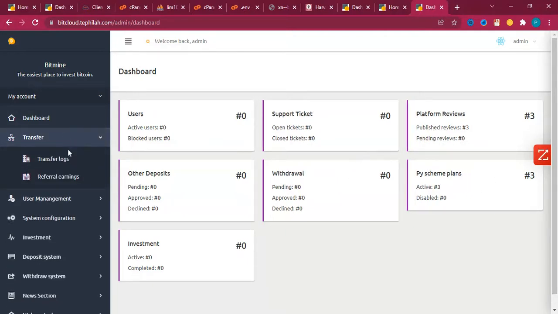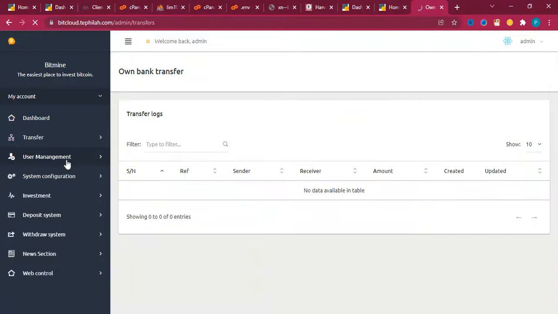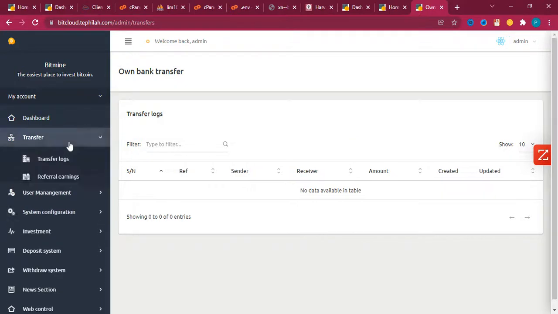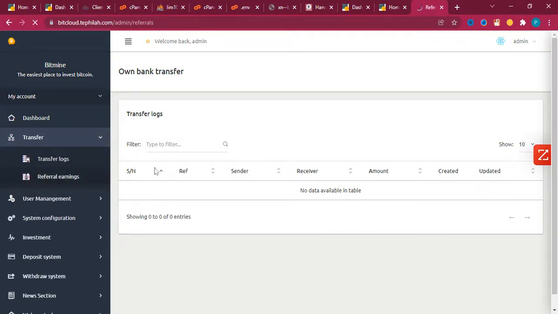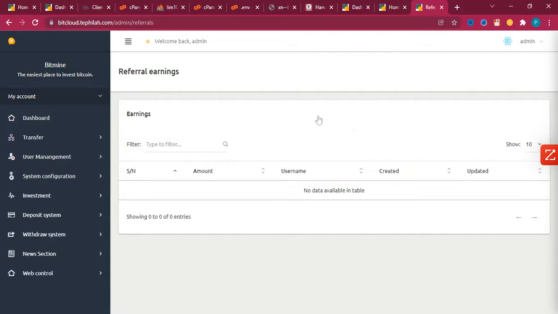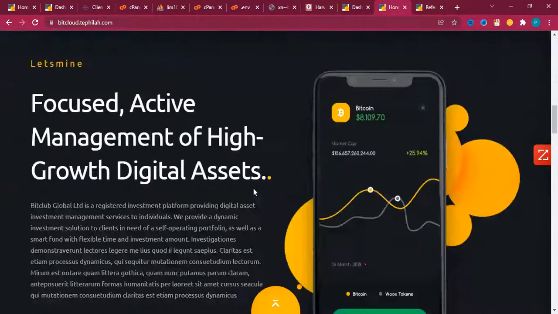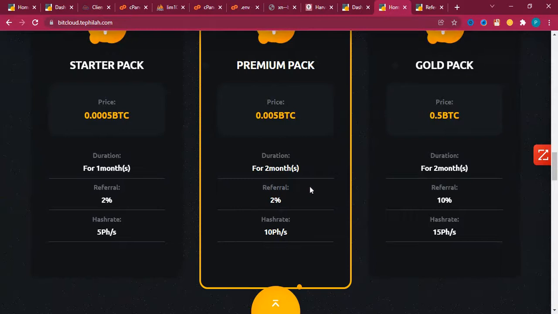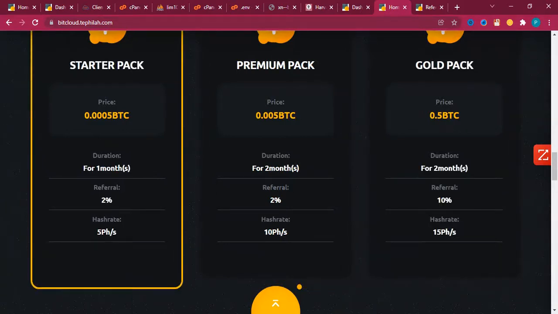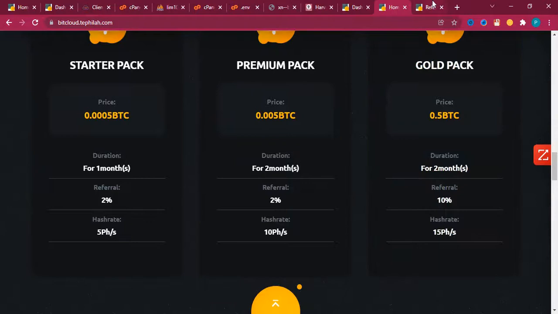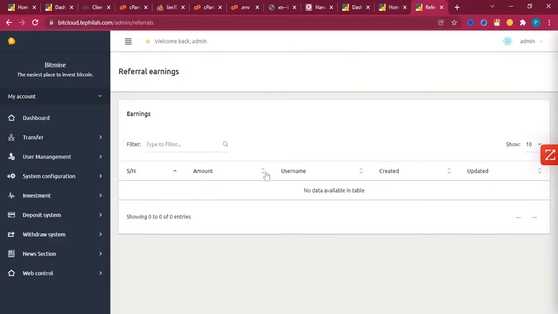The next is the transfer. The transfer log shows you the total number of people who have done transfers on the platform, like moving their money from their wallet on this platform down to their own bank account. So you can have a full log of all of those people. Also, because the system comes with referral earnings, you can see as many people that have referred. Don't forget that when we went down to the plans platform, you could see the referrals at 2%. So as many as have subscribed to any of those packages, when people use a referral link to register on this platform, they get some referral earnings. All of that gets reflected here.